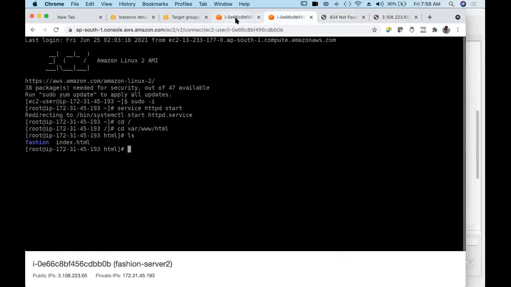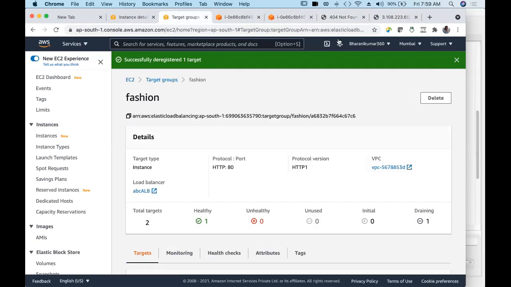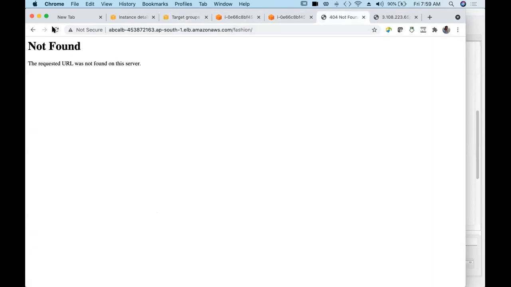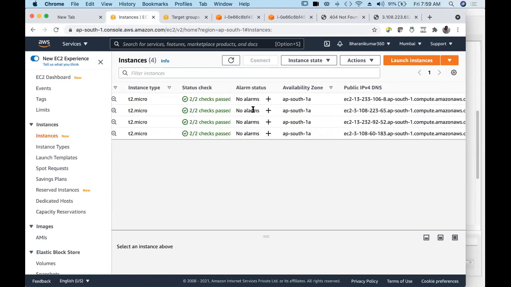It takes some time for your application load balancer to deploy the changes. Let's wait. Let us also check the region of this instance. Not region, sorry, availability zone. Everything is in 1A only, so that should not be a problem.